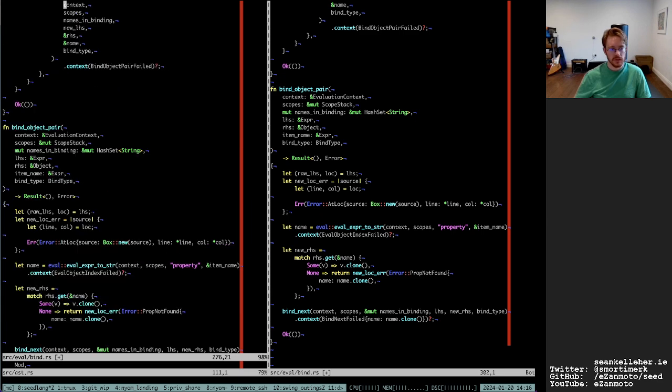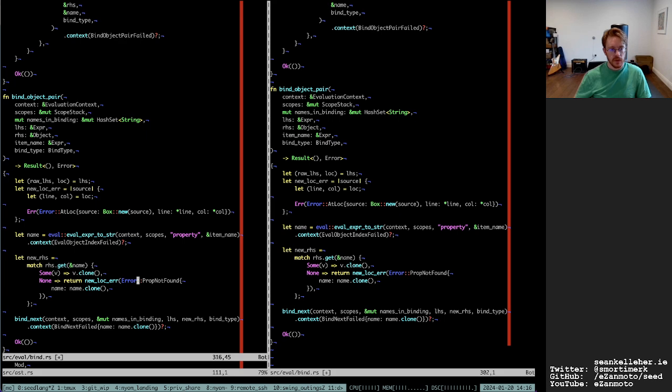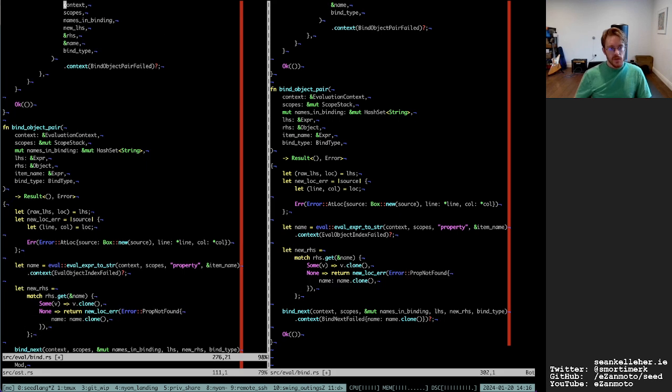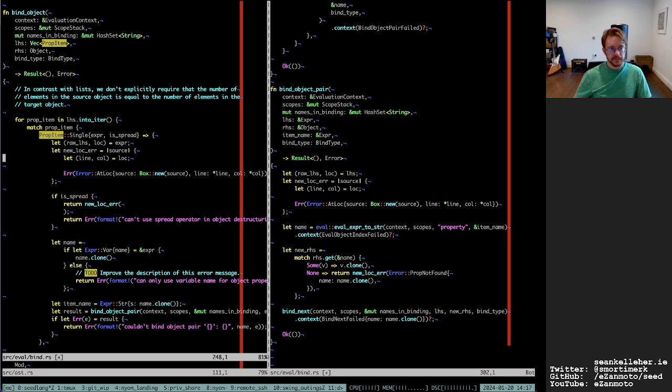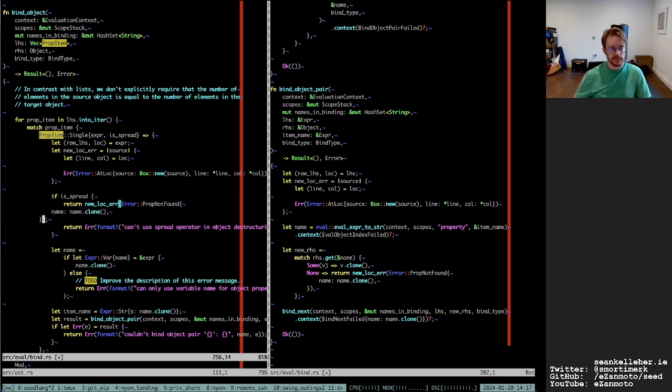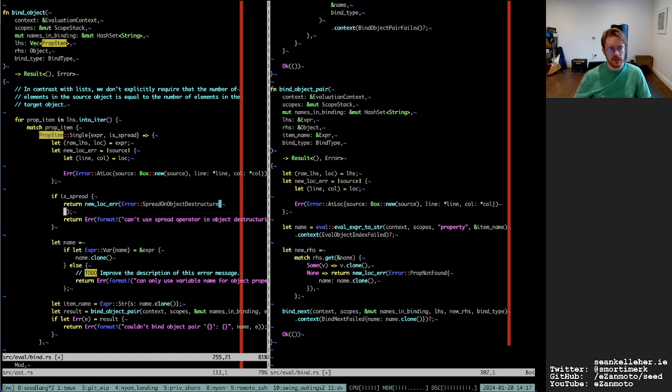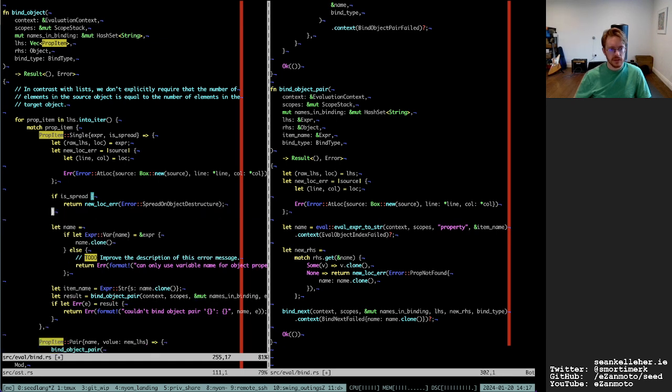We want to have, let's see, so there's going to be spread on object destructure. Don't need any parameters to that.